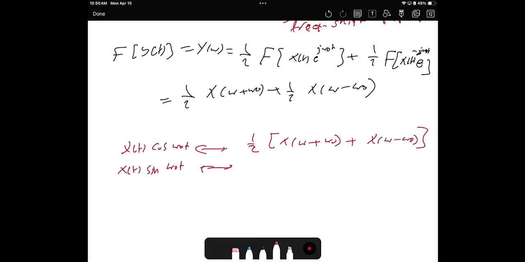Then, for the other one, will be 1/2j x of omega minus omega naught minus x of omega plus omega naught. So these two results can be found here. I just calculated the cosine. You can calculate the sine using this problem. Okay, does this make sense? Okay, let's stop here. See you on